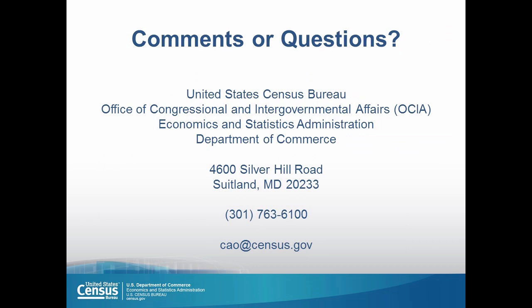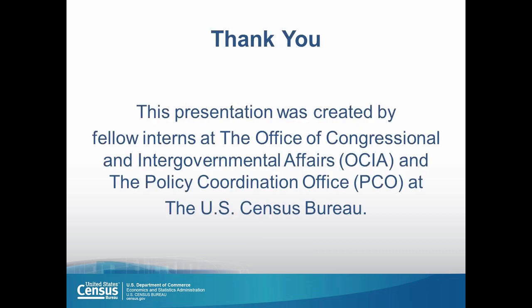If you have any further comments or questions, you may contact the Office of Congressional and Intergovernmental Affairs by mail at 4600 Silver Hill Road, Suitland, Maryland, 20233. You may also call us at 301-763-6100 or contact us by email at cao@census.gov. This presentation was created by fellow interns at the Office of Congressional and Intergovernmental Affairs and the Policy Coordination